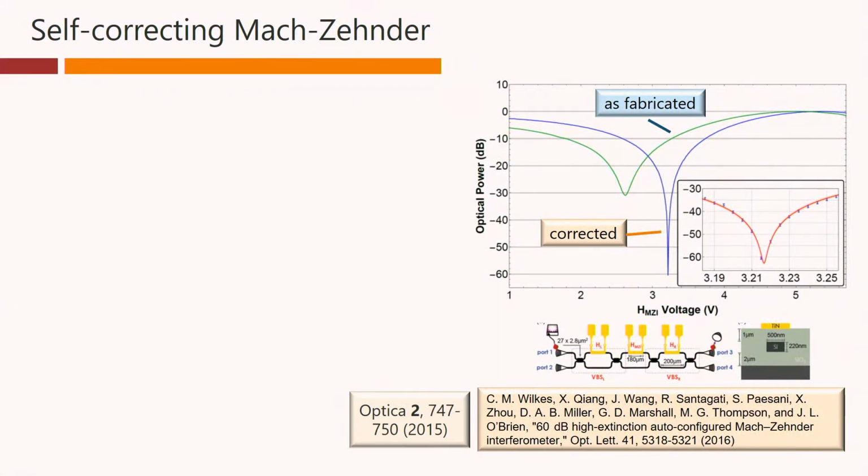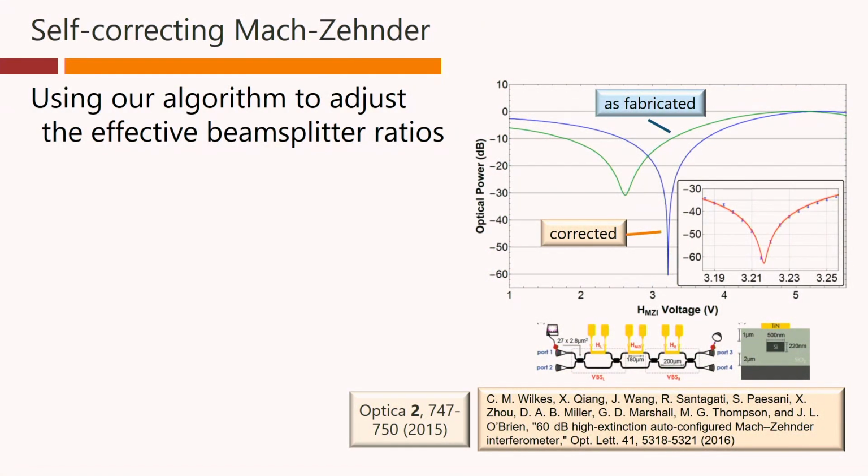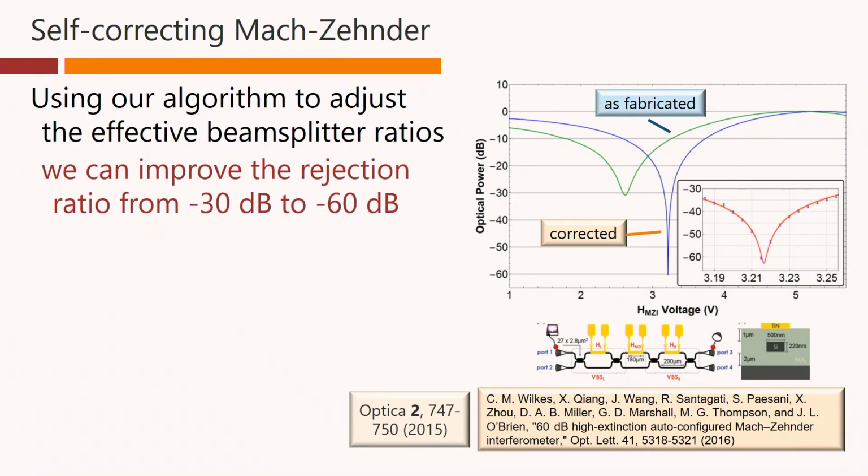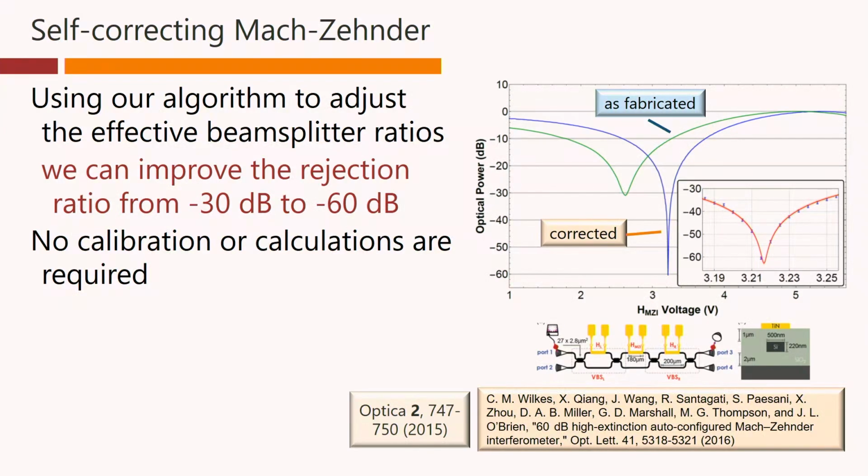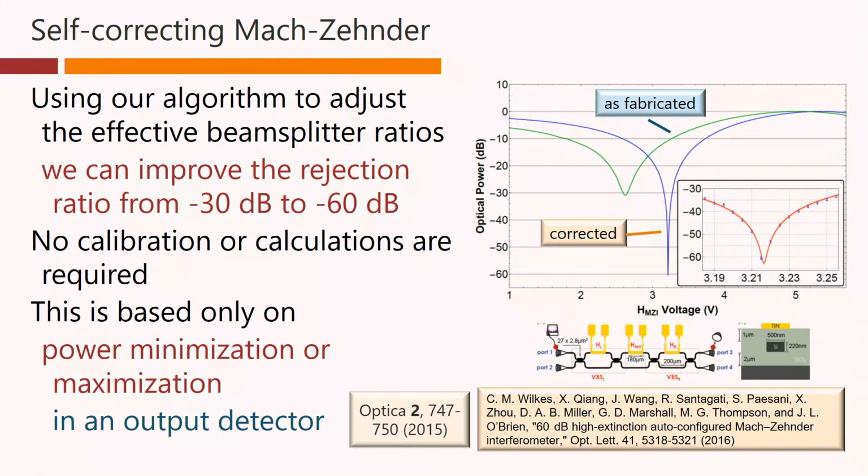With colleagues at the University of Bristol, using our algorithm to adjust the effective beam splitter ratios, we can indeed improve the rejection ratio from -30 decibels to -60 decibels in this Mach-Zehnder system here. So we have one Mach-Zehnder functioning as a beam splitter, another Mach-Zehnder functioning as a beam splitter, and we can correct for the fact that the fabricated split ratios in these various couplers here are not actually 50-50. No calibration or calculations are required for this, and this is based only on power minimization or maximization in an